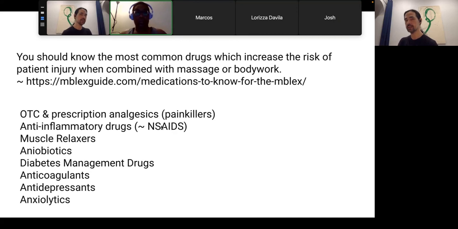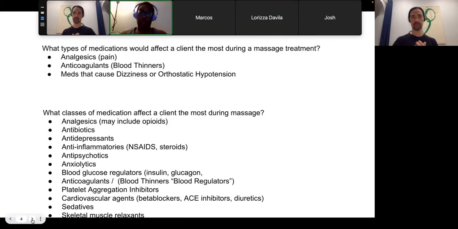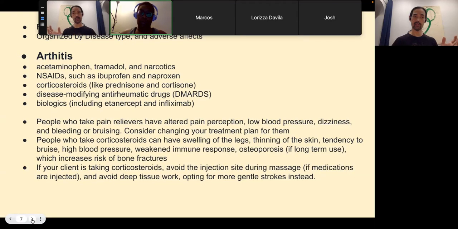Anti-inflammatory drugs, non-steroidal anti-inflammatory drugs. I'd like you to remember that. NSAIDs, muscle relaxers, antibiotics, diabetes management drugs, anticoagulants, antidepressants, anxiolytics. So that means something that reduces anxiety. And now we're going to go past all this stuff. Maybe I'll come back if we have time, come back to some of the more specific drugs, and we'll discuss some of that stuff